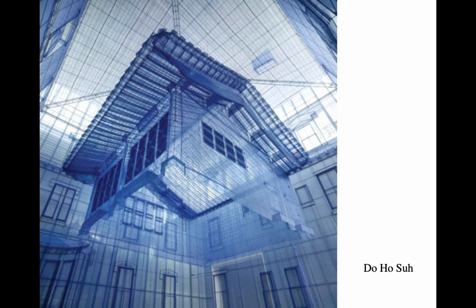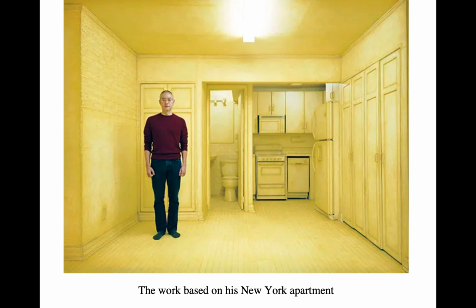And so this is a piece that he had done. I believe this is the house that he grew up in, in Korea. And you can see, and this is not just a little approximation, I'll show you a detail of what he's done later. You can see some of the really gorgeous stuff that happens. But these pieces are floating, suspended up in the air as if they're on a parachute. And they are probably the most beautiful things ever created. They're so gorgeous. So if you ever get a chance to see Do Ho Suh's work,